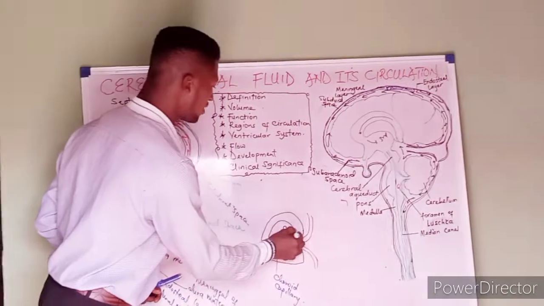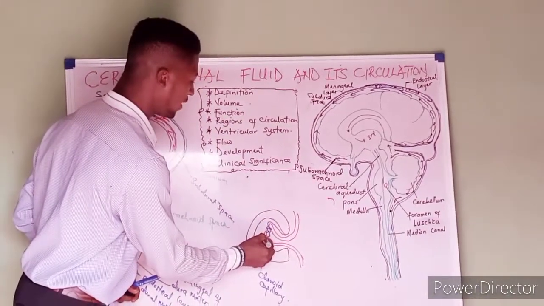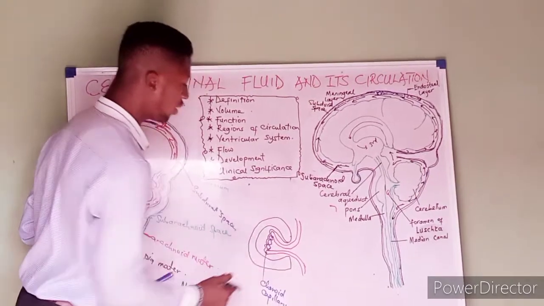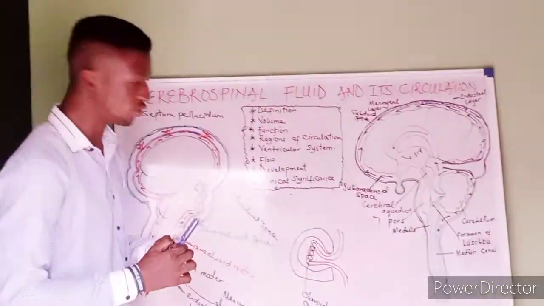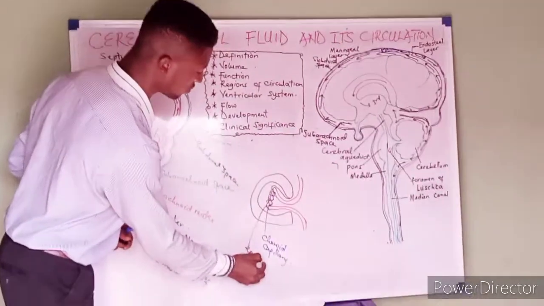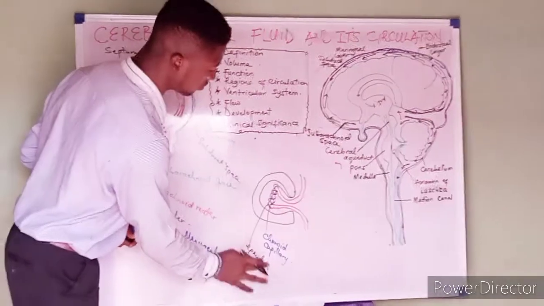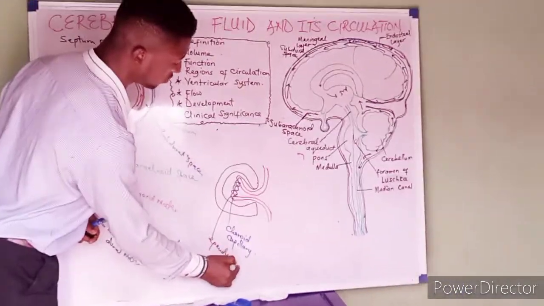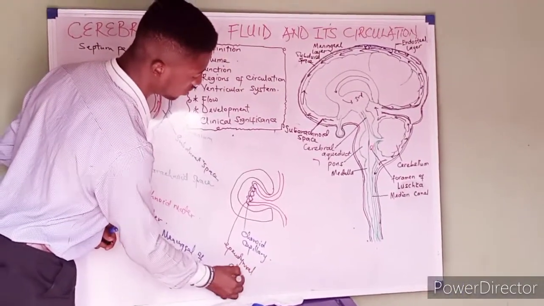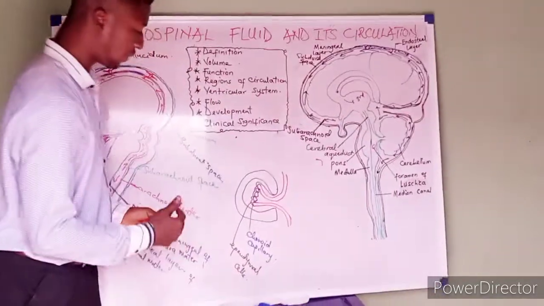So these epidermal cells coil around the capillary to make a contribution. So this is our epidermal cells, or the epidermal layer. They coil around the choroid capillary,